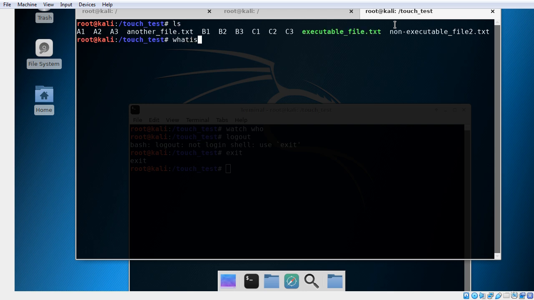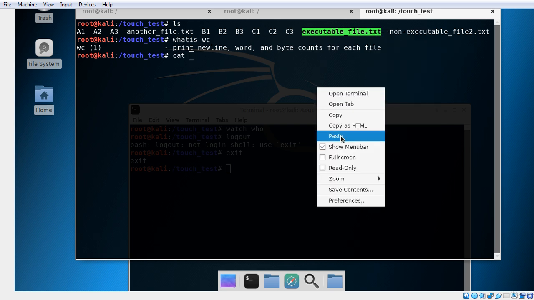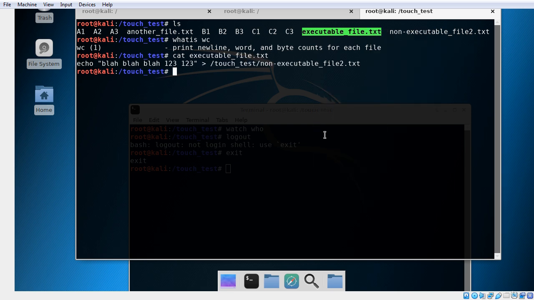So what is WC? Print new line, word, and byte counts for each file. New line count, word count, and byte count for each file. So cat, let's check this. Cat that only has one file, one line. So if we do WC,